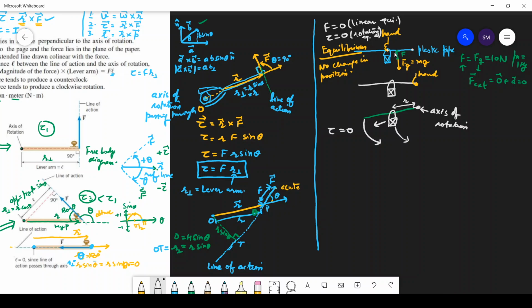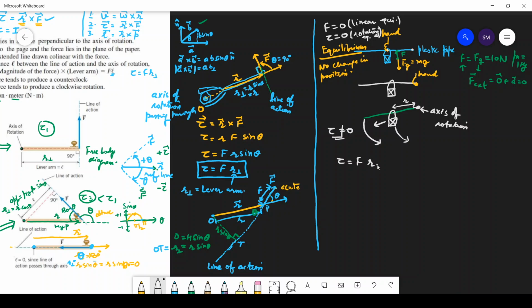So here in this case there is no R. But here in this case, this is the axis of rotation. This is your R, and it is rotating because of the tau. So tau is not equal to 0 here. So tau is equal to